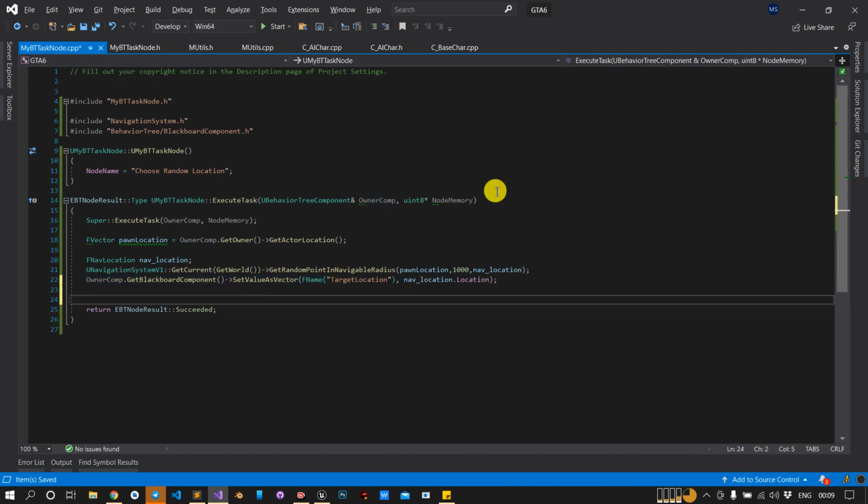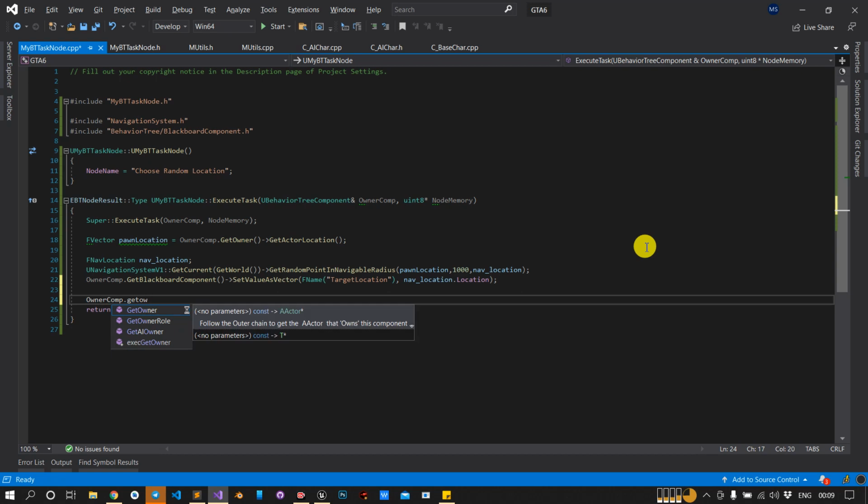If you want it the controller way, you can call OwnerComp.GetOwner. Don't go with GetOwner, just call GetAIOwner. It will return the AI controller.